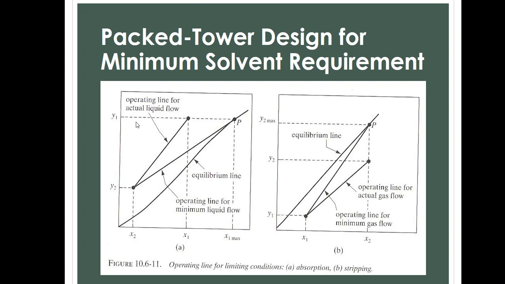For gas absorption, your Y1 will be equal to M times X1 maximum. We took it from here. If it's stripping, your X2 M will be equal to Y2 maximum, because in the case of stripping we're using this line. For gas absorption, we're using this line. Okay? So, in our case,